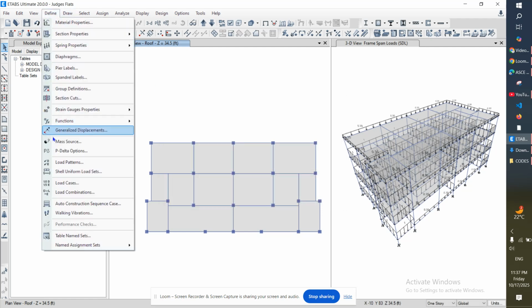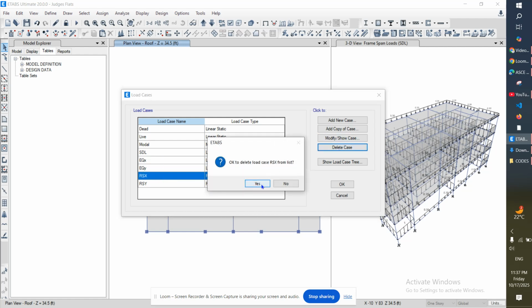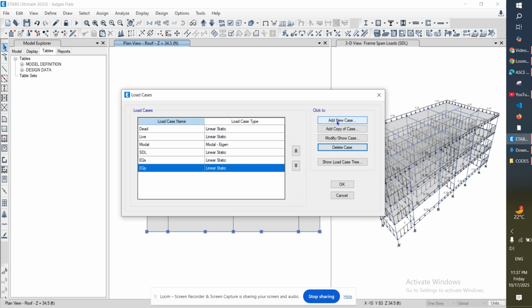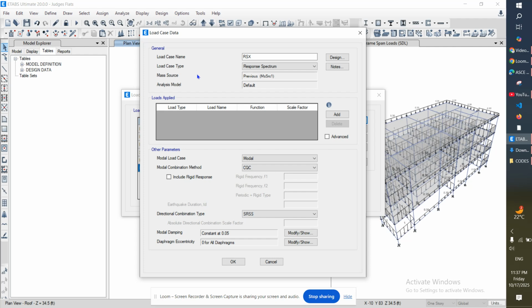Now I have to define my load case. I have already defined the load cases. I'll delete this one and add a new load case. My load case will be RSX, response spectrum in the x direction. My load case type will be response spectrum and the mass source will be the mass source. I'll add a load in U1, meaning the x direction, U2 in the y direction, and U3 in the z direction. My load type is acceleration, and my function will be